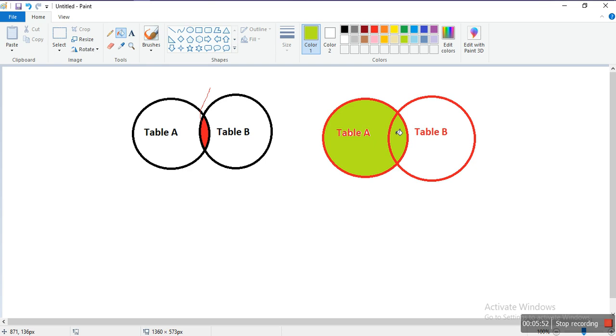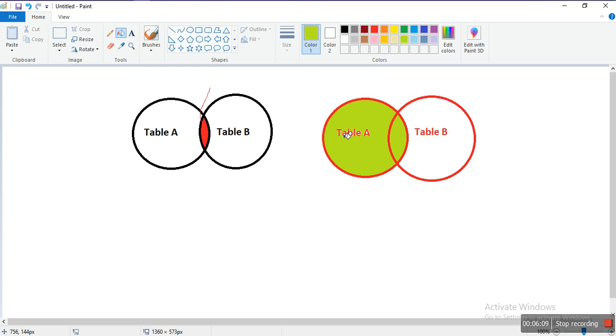This is the left join. In this diagram, we see that the common fields are displayed in our result, and the uncommon fields of the left table are also displayed in the result.